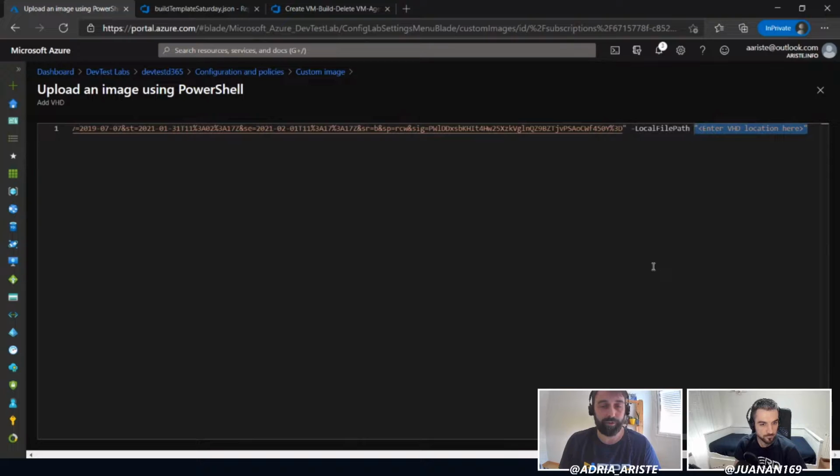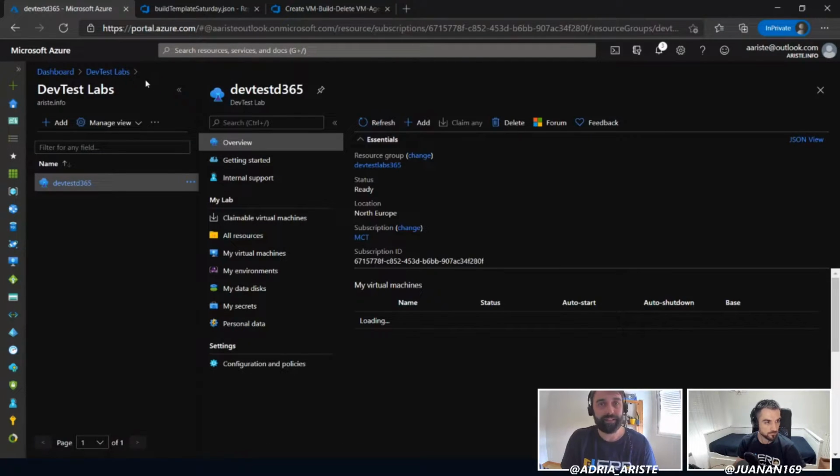You can also upload the VHD file using the Azure Storage Explorer. When you connect to your account, you will see there is a new storage account for the DevTest Labs. Just open it, and there's a blob called Uploads, and you just need to upload it there. You can do whatever you want. It's your preference. The next step is creating a virtual machine